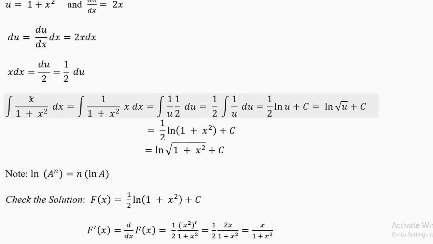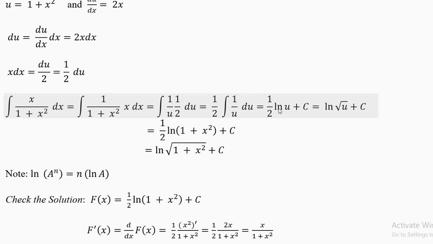Now write this x here. You'll get x dx here and 1 by u here. You're only doing a small algebra here. Now x dx equal to half du. So we have half du here and 1 by u. The half comes out, 1 over u du. The power is minus 1. So the answer is logarithm.